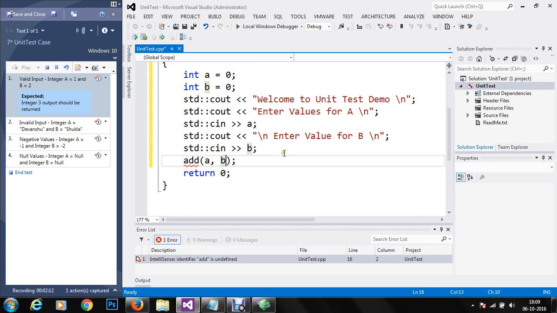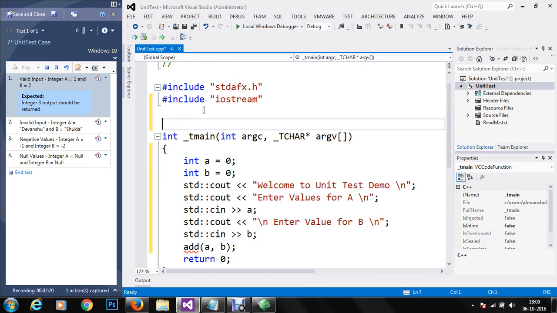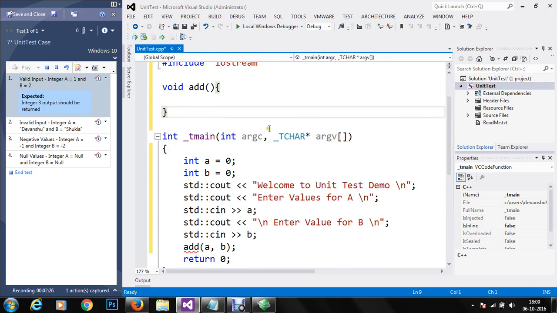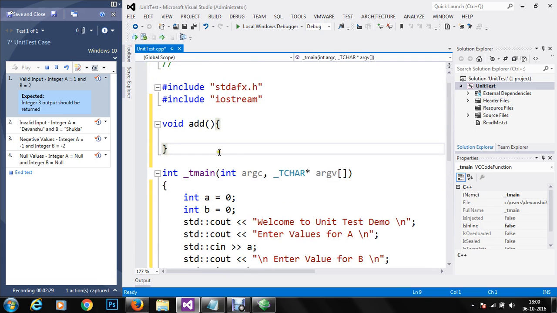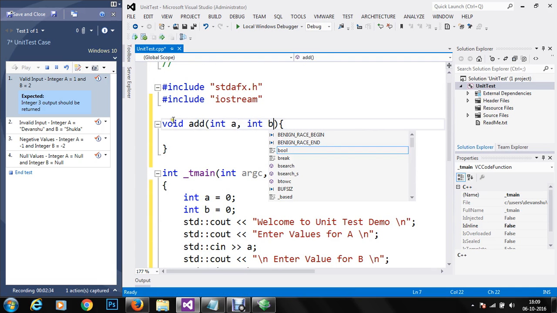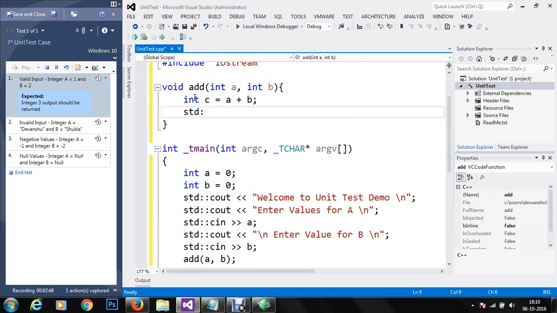But at the moment, as we don't have an add method here, we are going to write an add method. Let's go here and create a void add method. So in C++ the code body always has to be defined in advance. We'll take an integer a here and an integer b here. Now whatever values we provide to the add method will be received within integer a and integer b, and we are going to perform some output here. We are going to add the values, and finally we are going to put the values out.